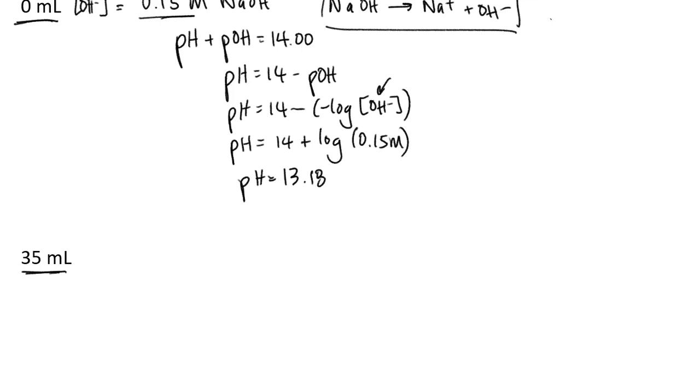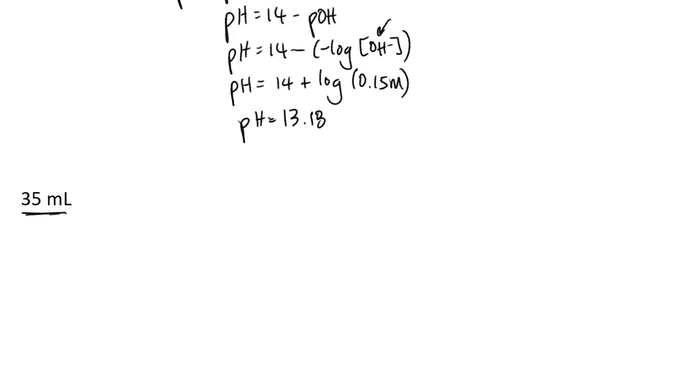Okay, but how do I handle the case where I have to calculate the pH after 35 milliliters of the hydrochloric acid have been added? So here, it would help if I actually think of this process as a two-step process. The first process is basically I have the addition of the hydrochloric acid to the sodium hydroxide. Okay, and that's just a neutralization reaction. And neutralization reactions occur fully to completion. And so basically what's going to happen is I'm going to get sodium chloride